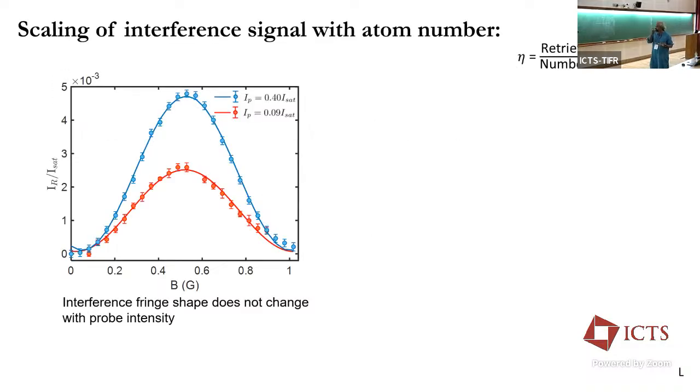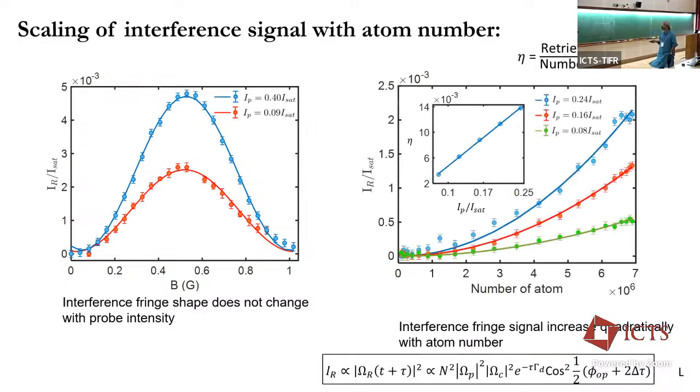One of the first things is, is it even a linear magnetometer? So here we start looking at whether there's any distortion from sinusoidal oscillations. We just increase the magnetic field. Actually, we go higher than this, but this is over a Gauss. This is what I was first saying, that there are these issues where you are usually limited to very small magnetic fields. But here you see that we increase the magnetic field, and we also start increasing probe power. And we see that they fit very nicely to sinusoidal oscillation. The reason we were increasing probe power is that this is the same recovered intensity as a function of number of atoms.